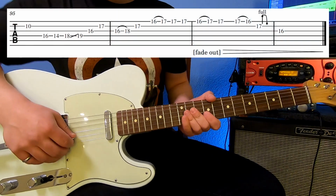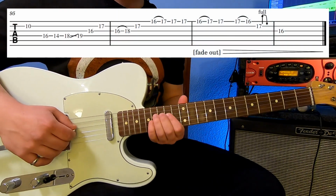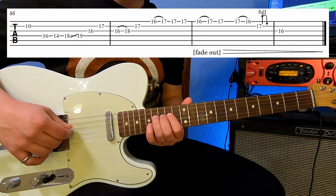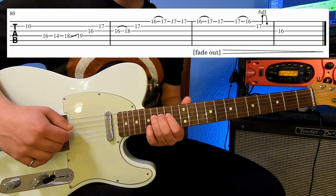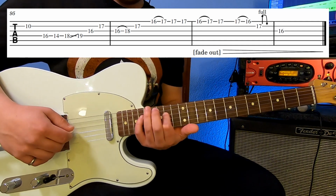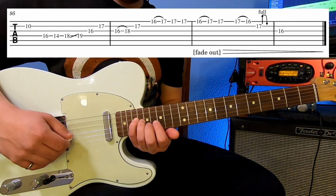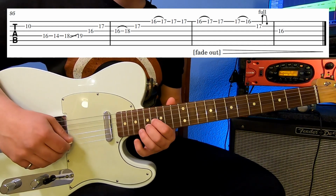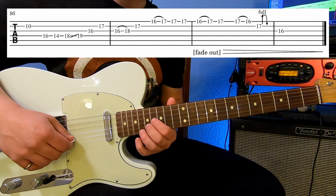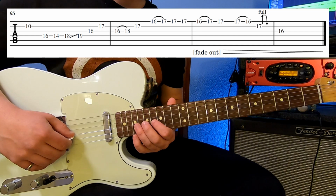Alright, so the last line, you're going to play the 10th fret of the B string, 16th fret of the D string, pull it off to the 14th, 16th fret D, 14th fret D, then the 18th fret, slide it up to the 19th fret, then play the 16th fret of the G string, 17th fret B string, 16th fret G, hammer on to the 18th fret,